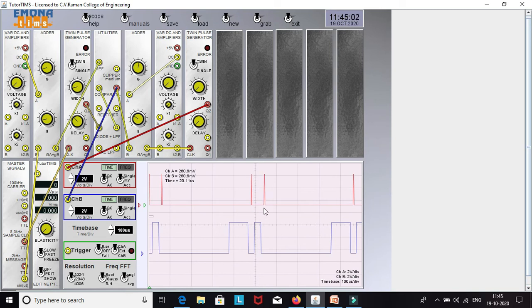If you see, at some position I am getting it at the positive edge, but actually, if you see here, this is the negative edge of the PWM signal because I have inverted it using the adder. So at the negative edge I am actually getting it, but it is showing positive because here I have inverted it. So this output is your PPM output, if you see. In the same manner we have generated the PPM signal, but we are not going to use the inverter, differentiator and half wave rectifier here. Our ultimate aim was to find the position of the pulse at the negative edge. So this is the PPM experiment.